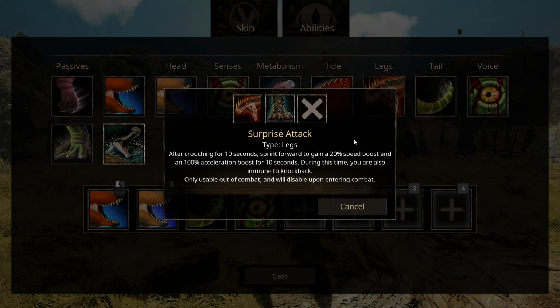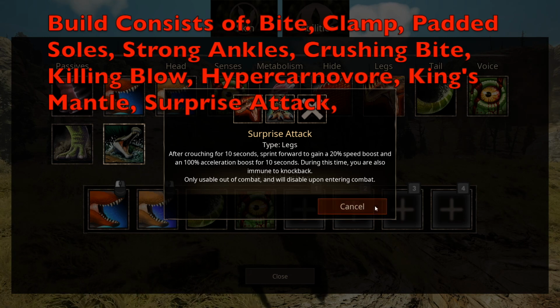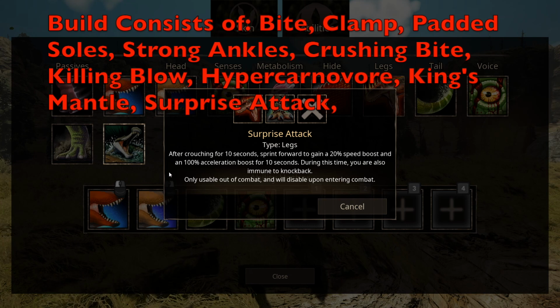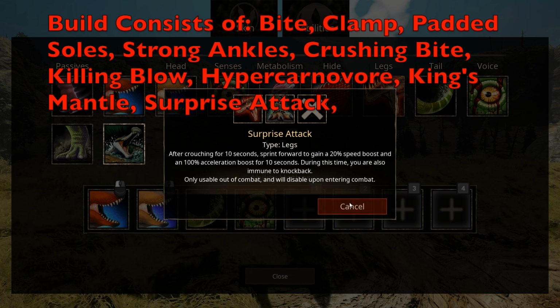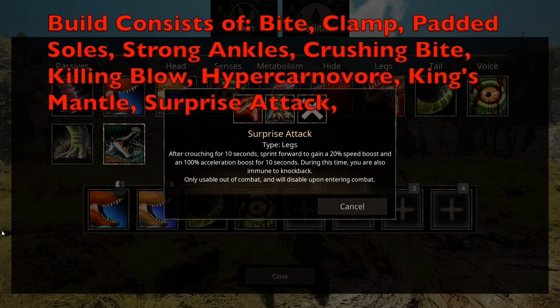So, we left off on our legs. Surprise attack is what we have for our legs. Now, this is a bit of a confusing description. If you know this game well, you've probably heard of the PT Rex. I just spelled it on the screen using the mouse, but if you haven't heard of the PT Rex,